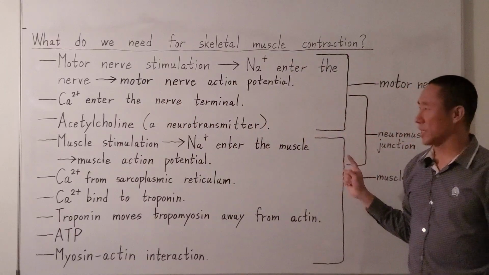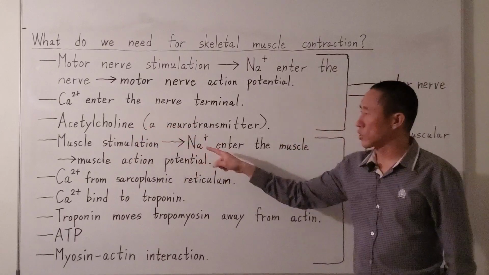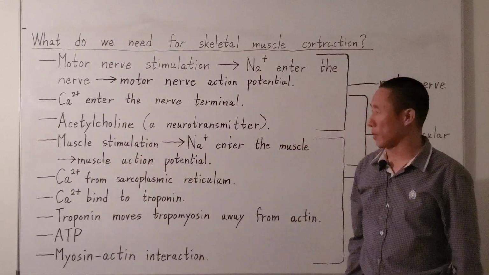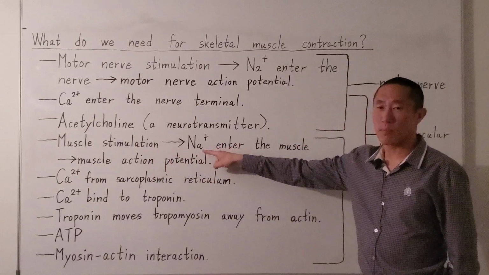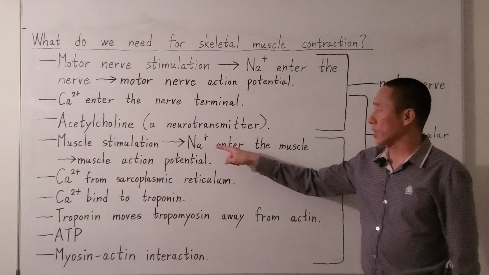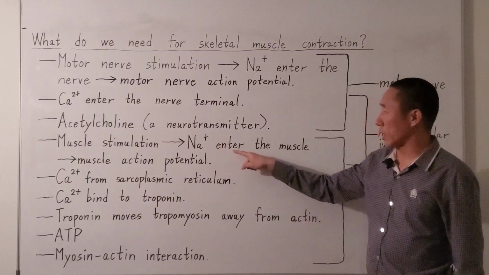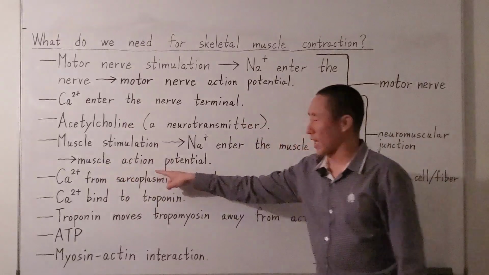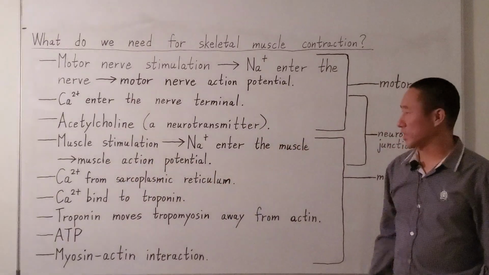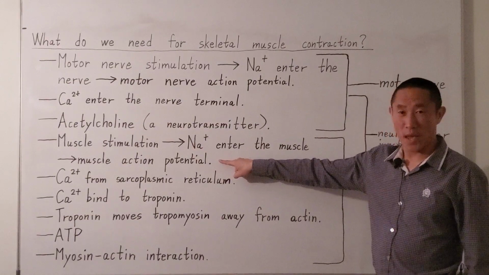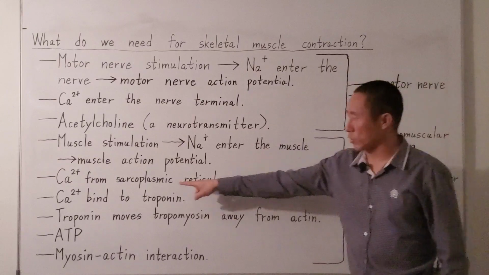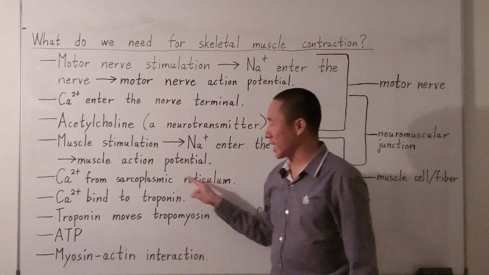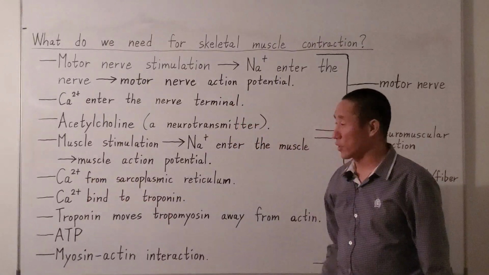Now, what happens next is that the acetylcholine will move toward the muscle cell, to stimulate the skeletal muscle cell. Then it will cause the sodium channel on the muscle cell to open. Then a lot of sodium will rush into the muscle cell. That will lead to the muscle cell having an action potential. Then the action potential from the muscle cell will spread to a structure called the sarcoplasmic reticulum. Then this sarcoplasmic reticulum will release calcium ion into the muscle cell,